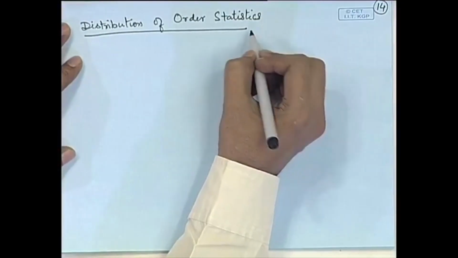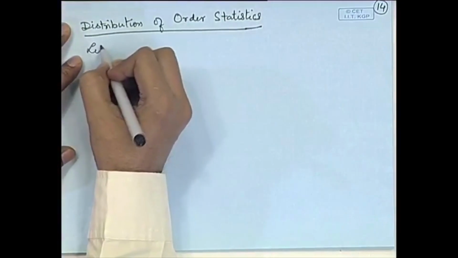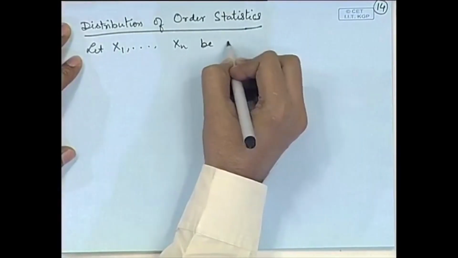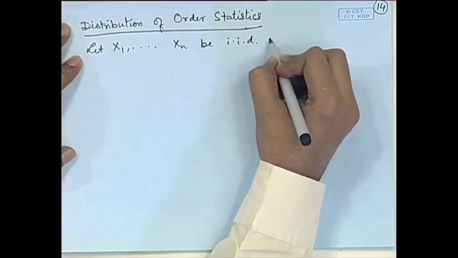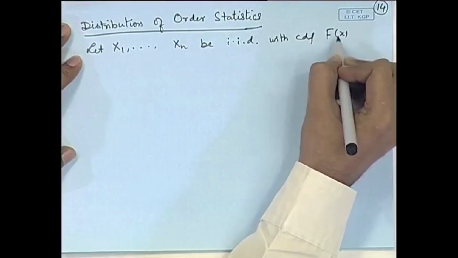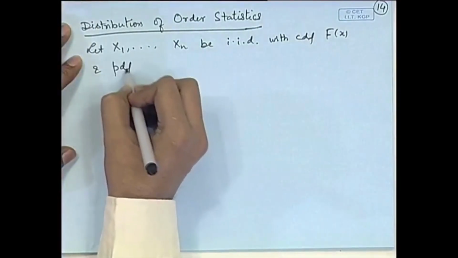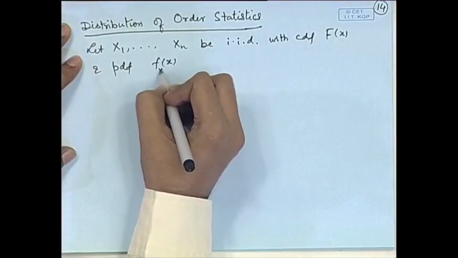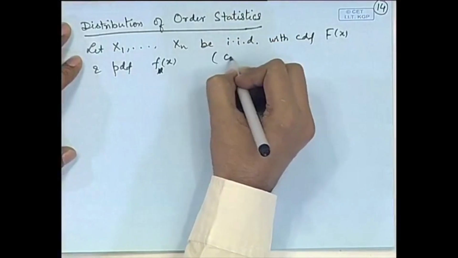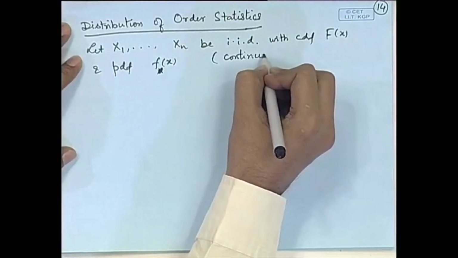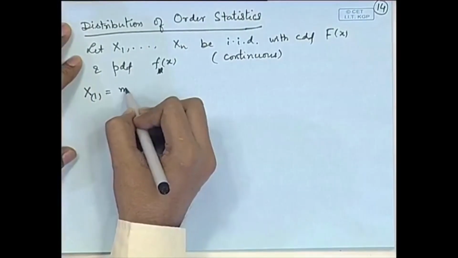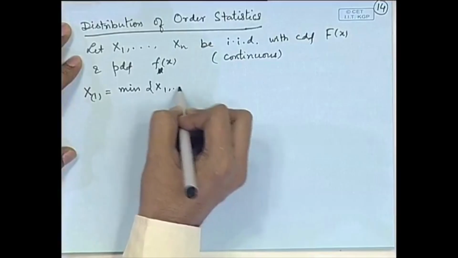What are order statistics? Let X1, X2, ..., Xn be IID with some CDF, say F_X, and PDF, say f_X, and let me assume it to be continuous. Okay. We define X(1) to be the minimum of X1, X2, ..., Xn,